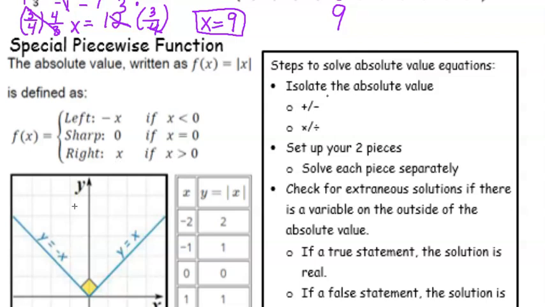So basically, for each absolute value, we have a negative linear and a positive linear. So when you're solving absolute value equations, you're actually breaking it into two pieces and solving